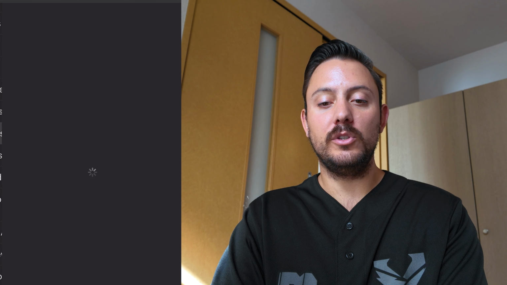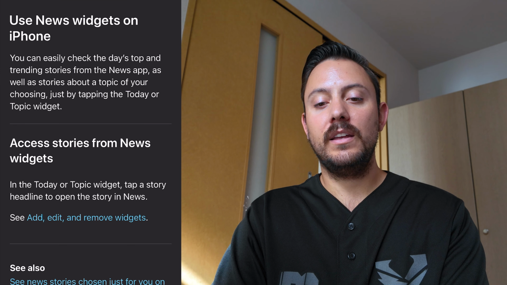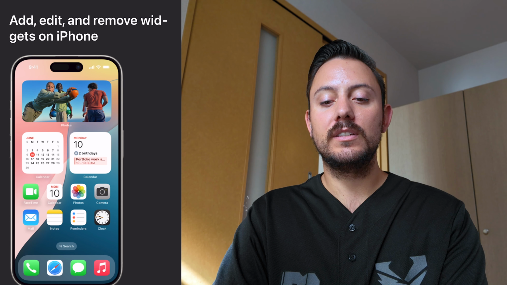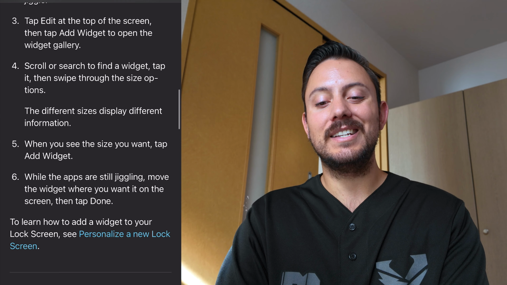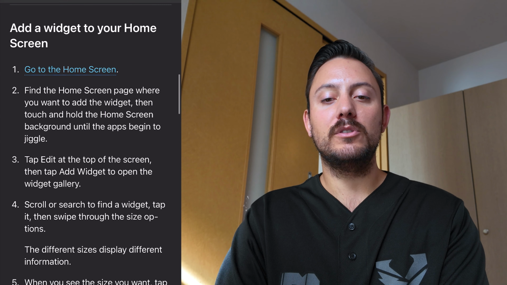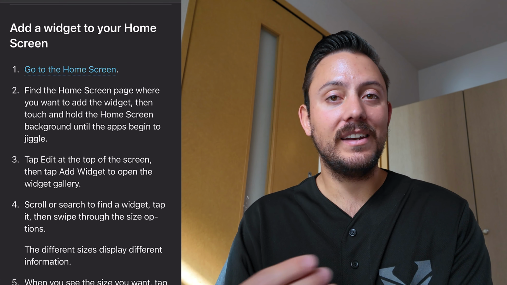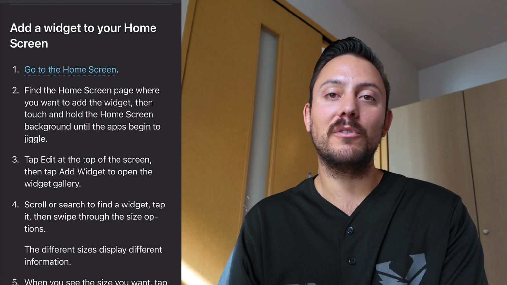Let's say you wanted to use news widgets. You click there, and in the section in the middle here, we can see Add, Edit, or Remove widgets. And then it will give us a description of what a widget is, and then a step-by-step process of how to add a widget to our home screen. So do this for any app you like, and now you know how to find guides for anything you're looking